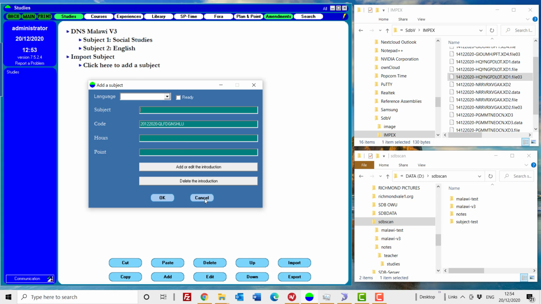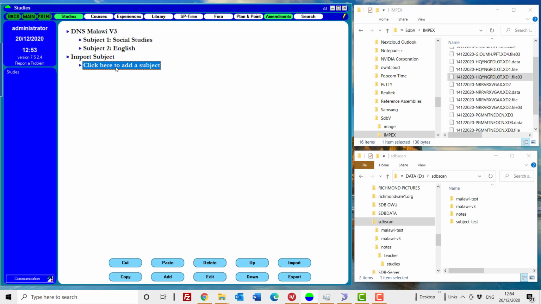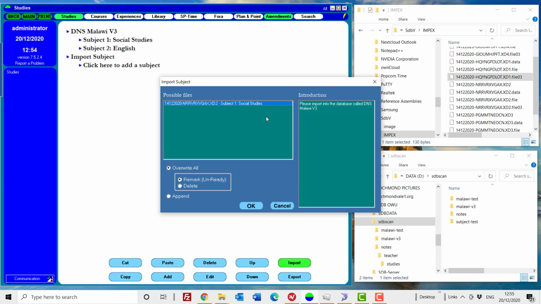The first time you create a subject, it wants you to create one from zero. But if you say cancel, it will highlight it. Okay? So as long as this level is highlighted, you can import a subject. So I'll do import. And as you see now, from all the things we exported before, only the level